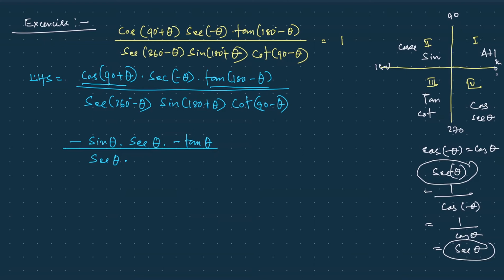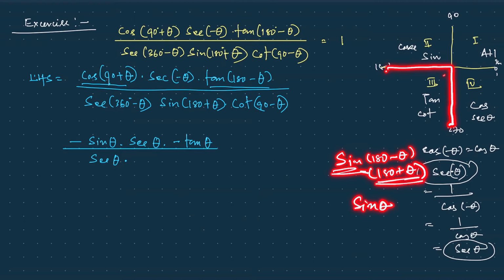Again here you can see sin of 180 plus theta. 180 plus theta means this is in the third quadrant. But in the third quadrant, for sin of 180 plus theta, the sine function does not change, it is going to be as usual, but according to this angle whether it is going to be negative or positive we have to check. Okay, so